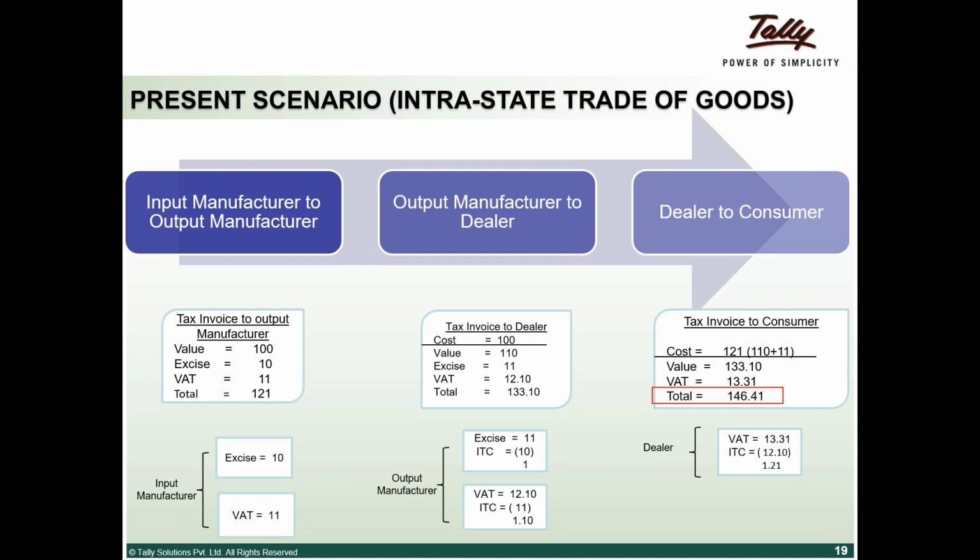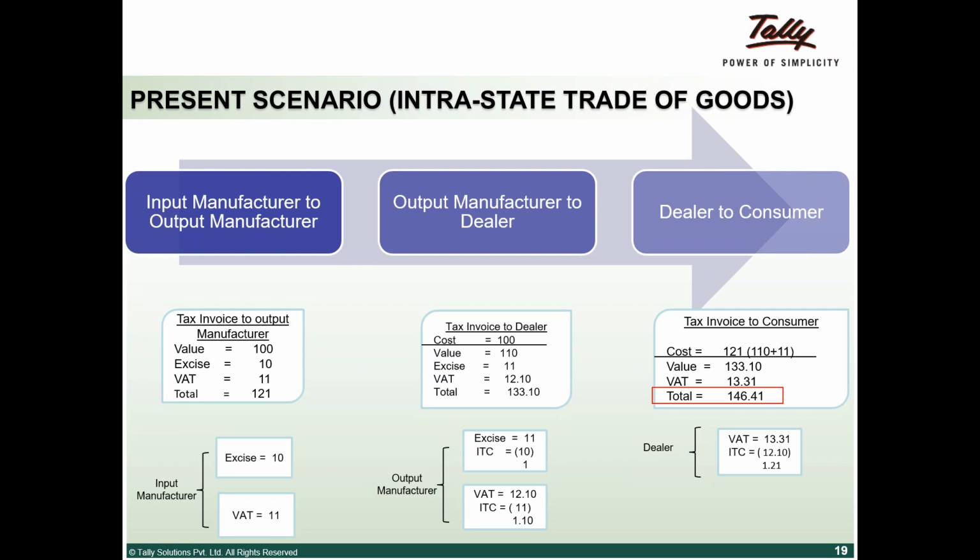His cost is 100. He adds a value. The value addition is 10, so his value becomes 110. The excise is 11, that is 10% on that. VAT is 12 rupees 10 paisa on value as well as excise duty. So total is 133. Now what happens is that the output manufacturer collects 11 rupees from a dealer, excise